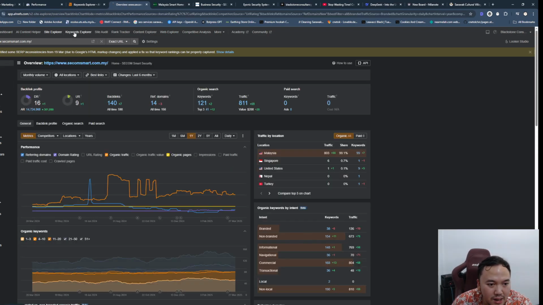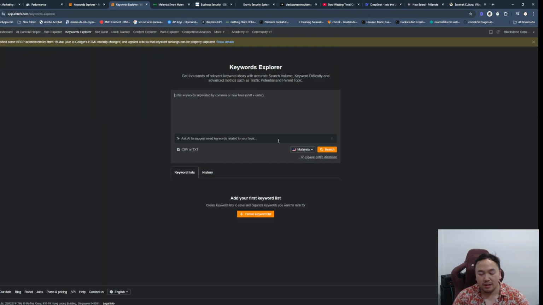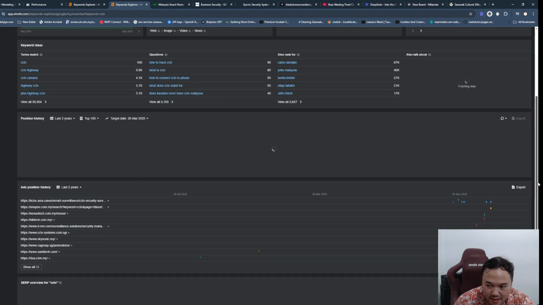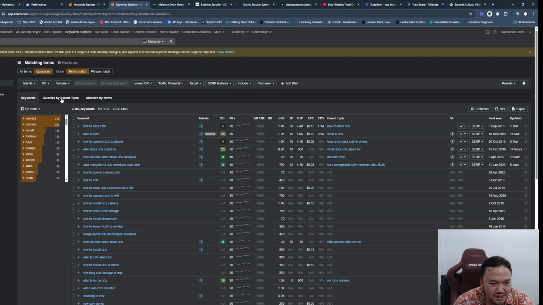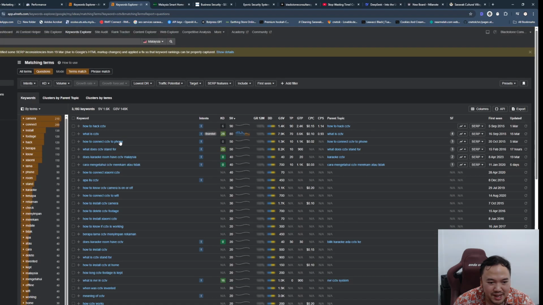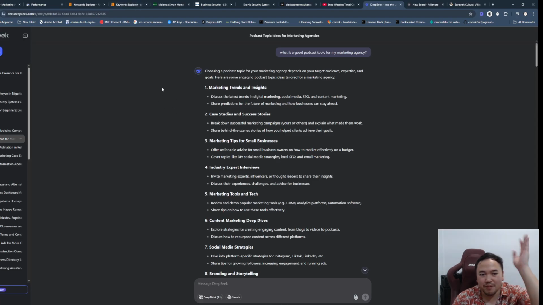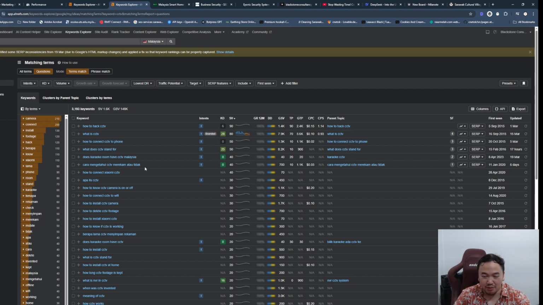And next, if you want to look for more keywords, you can just type CCTV. You want to look for more questions. For example, here you can go to questions, and then you can look and strategize how you're going to write all these things up, and go to ChatGPT or DeepSeek and come up with all these blogs and structure your website carefully. So that is how we strategize and put everything in place from day one, and how we strategize for day 2, day 3 onwards. This is one of the methods that you can use.